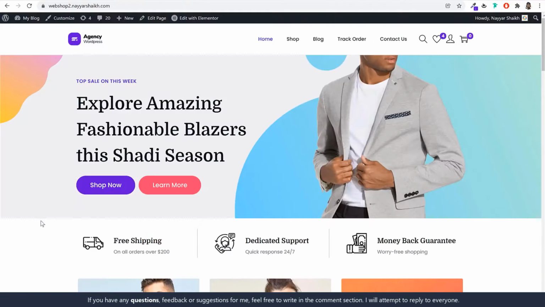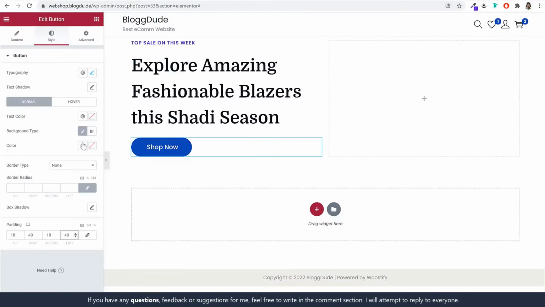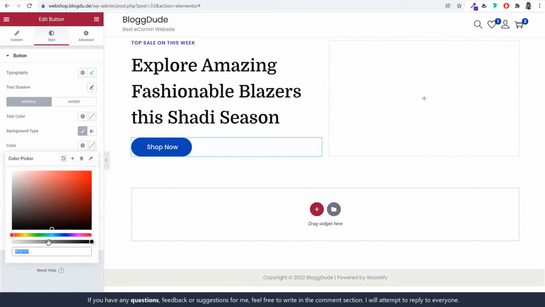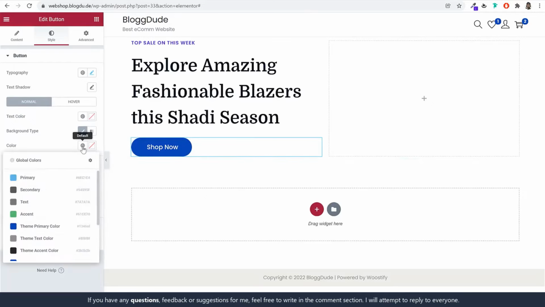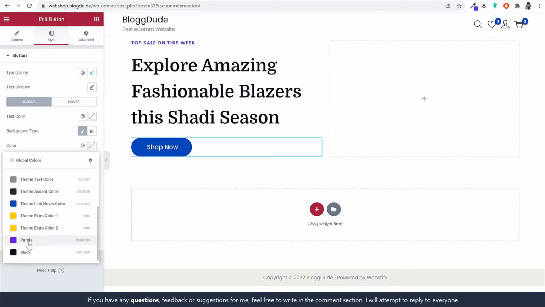Background color is this color, but when you hover over this thing, it becomes darker. Okay, as you can see. So let's see how we can do that. So background type, select this color. Now this time you don't have to enter the color code because we have already saved the color. So you can click on this globe icon and now as you can see, we have this purple color that